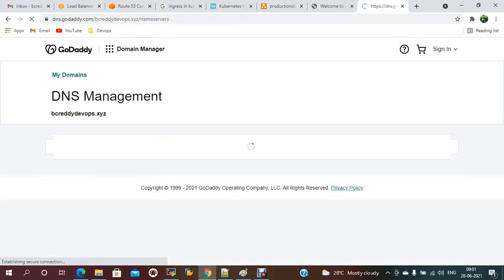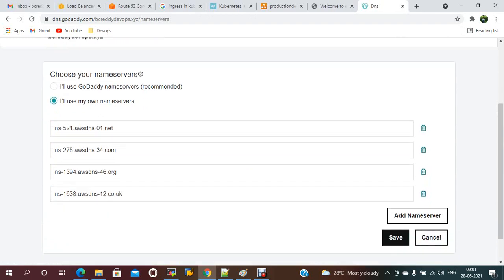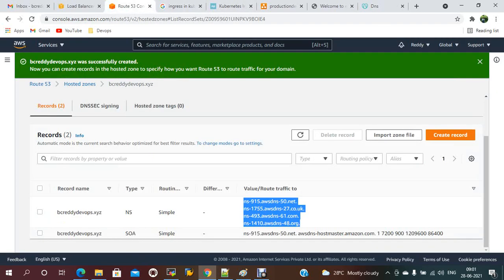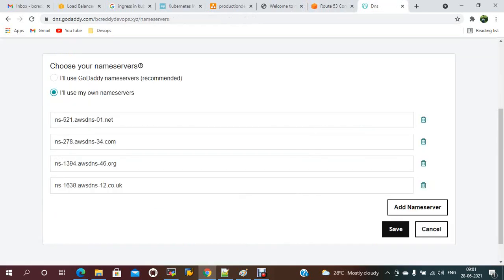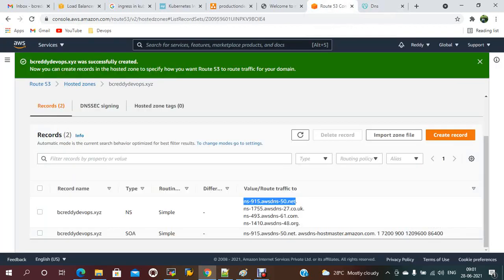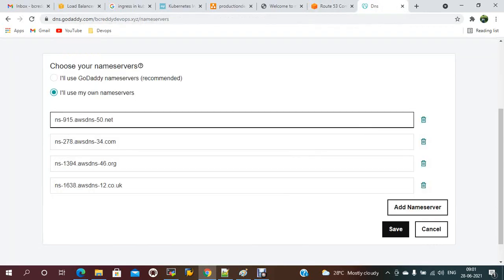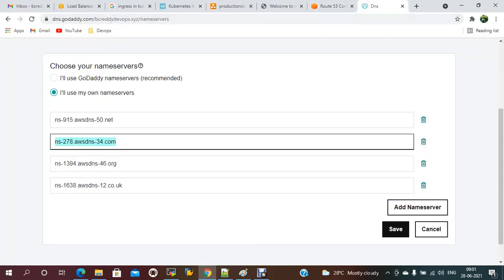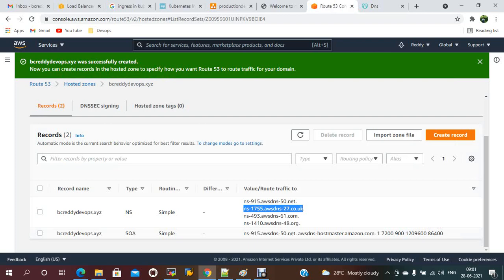and change the four values which are there, right? You have to update the values here in the routing. You don't need to give the dot.